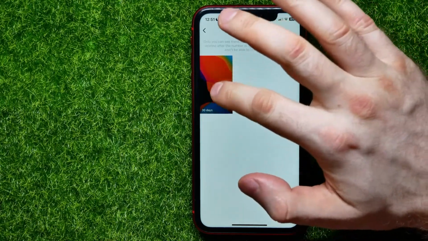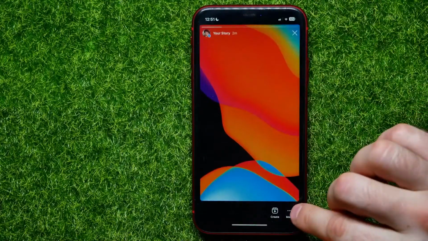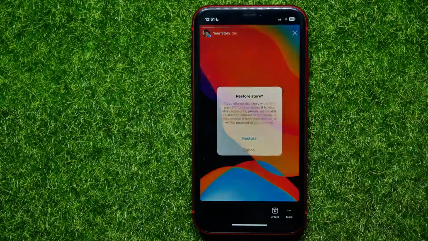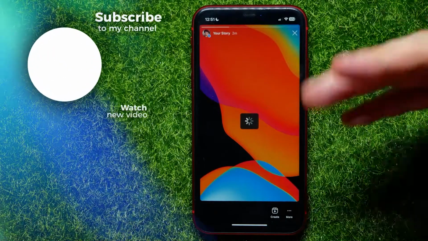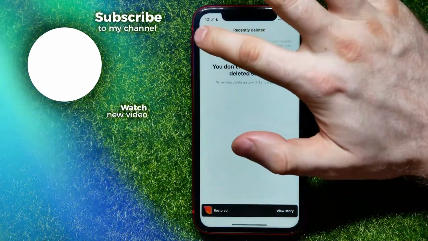So at any time I can open up that story, hit at more, and then tap on restore to restore that story and share it to my